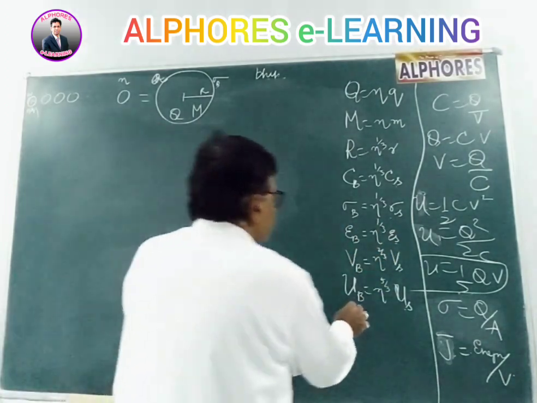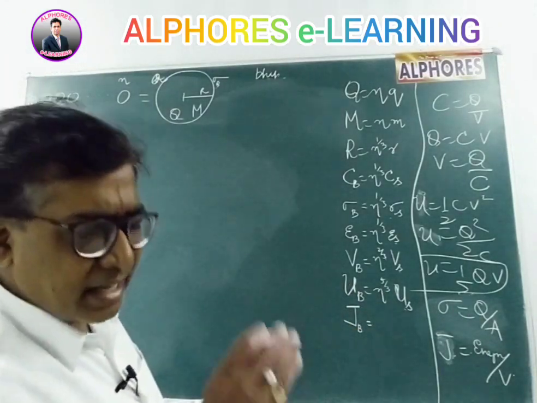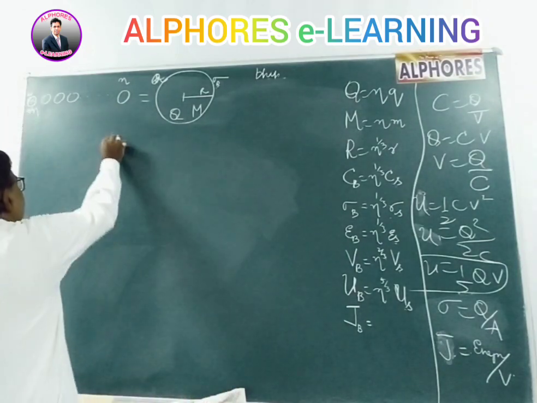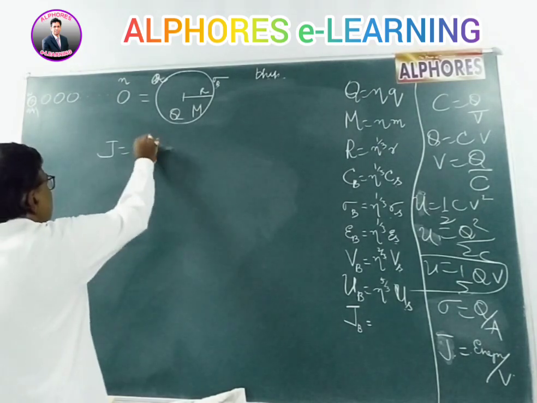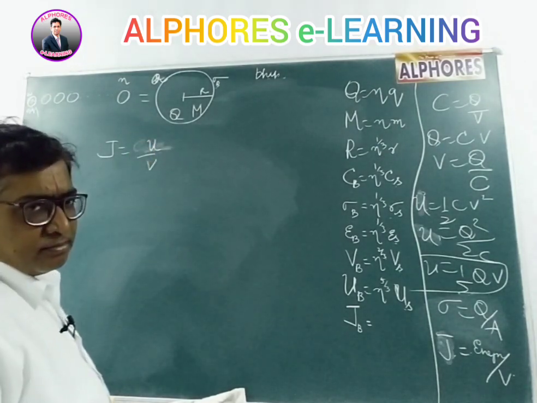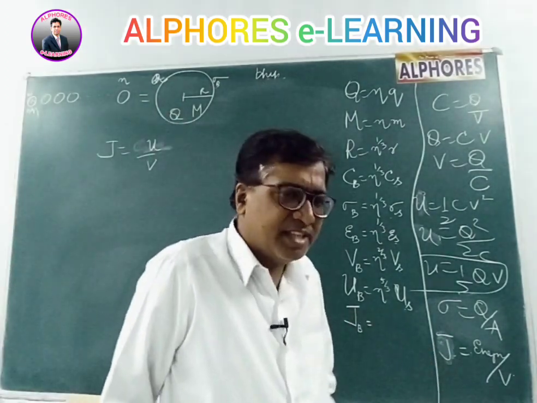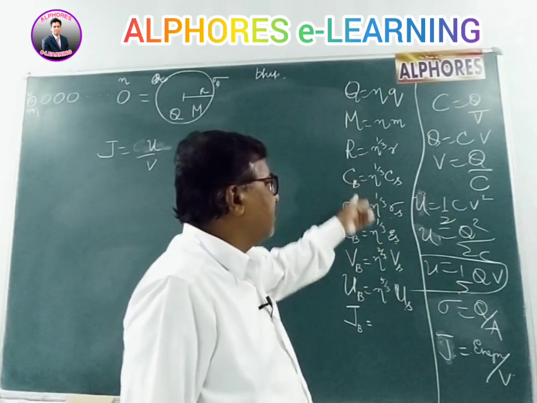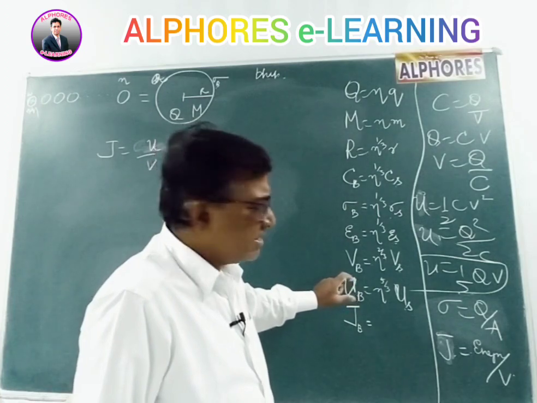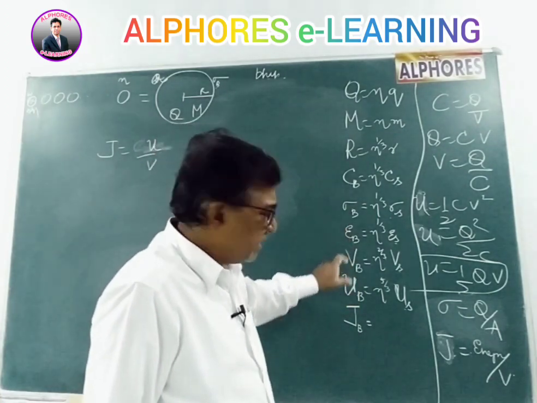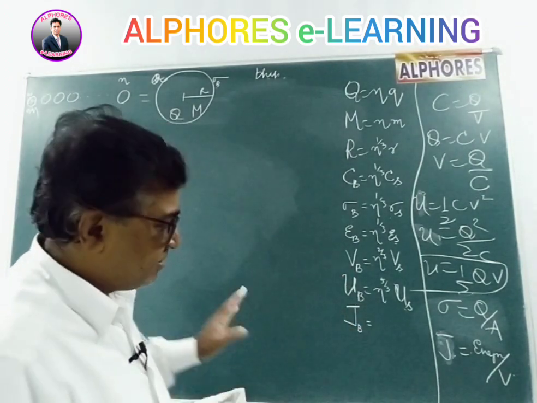Similarly, coming to energy density of the bigger one. What is energy density? Energy per unit volume. Energy density J is equal to energy by volume, so it's U by V. So please don't get confused. I am symbolizing energy density as J and energy as U, so that you may not get confused with electric field. If electric field is E, energy is also E, you may get confused. So I am taking electric field as E, and energy as U, and putting energy density as J.